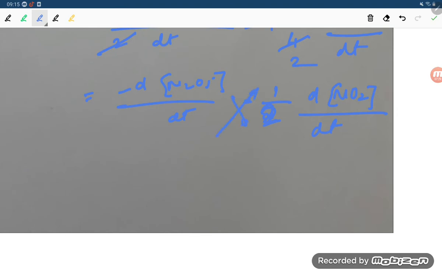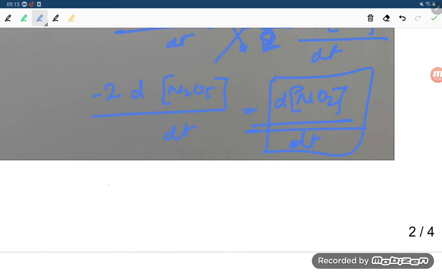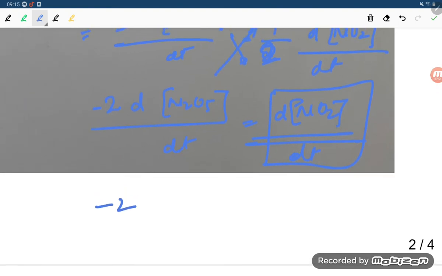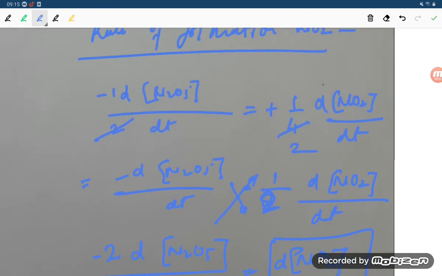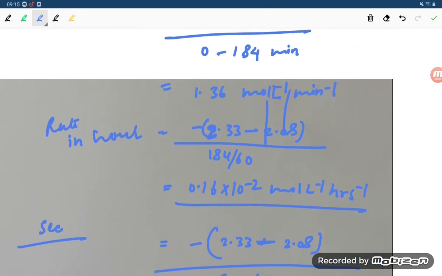Minus 2 dN2O5 upon dt equals dNO2 upon dt, and they are asking for this rate of formation. The N2O5 rate is given; already we have calculated how much, student? 1.36 somewhere we have calculated in minutes,